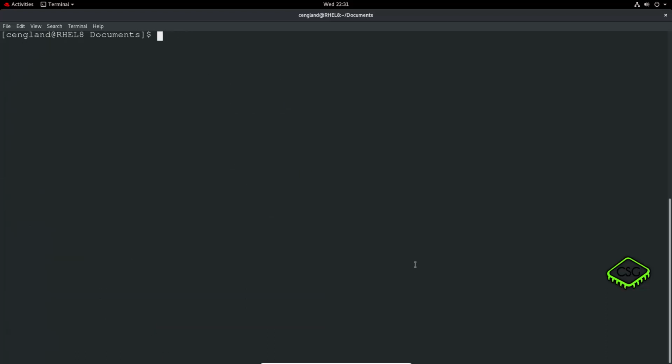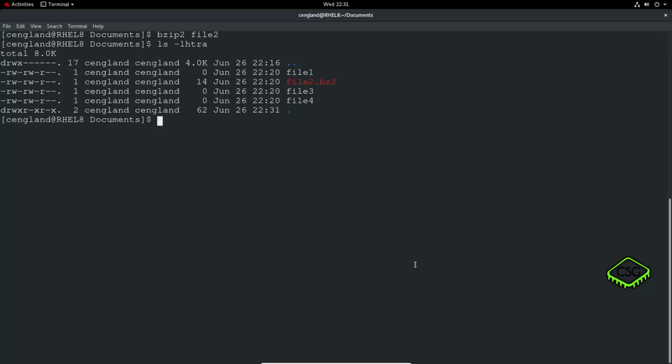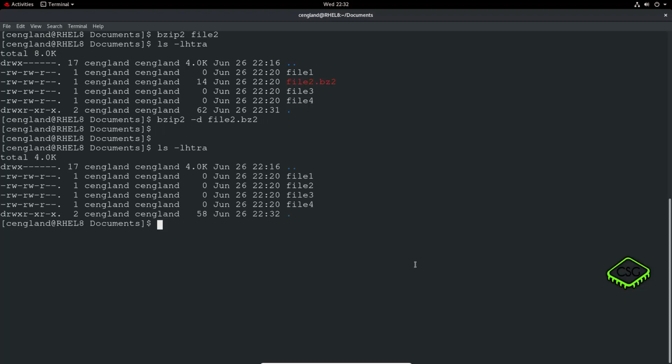Okay, so with bzip2 we have pretty much the same command line, which is nice and helpful. So bzip2 and the file name, so let's just do file2 for the sake of being different. Okay, we've got the file and it's got the bz2 extension, so then we just do bzip2 -d and then file2.bz2. Excellent. Again, we'll check and it's extracted. So that's really all you need to cover for